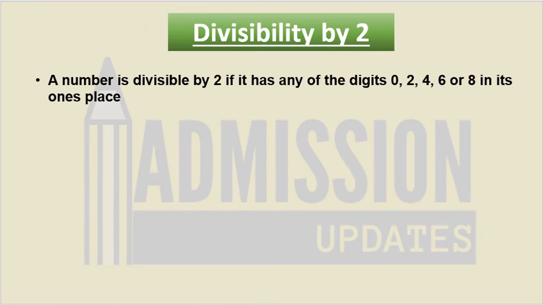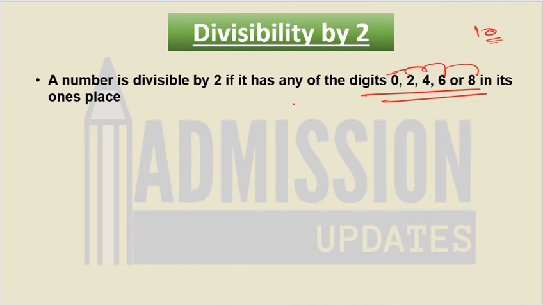Another one is divisibility rule of 2. So here it is given any number having 0, 2, 4, 6, 8 in its ones place is divisible by 2. So it is very simple to remember these numbers. You can read table of 2 like 2 2s are 4, 2 3s are 6, 2 4s are 8 and 2 5s are 10. So in 10 the units place is 0. So you can easily remember this by following this method.